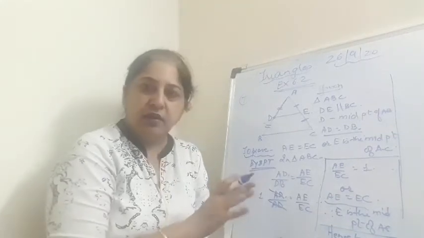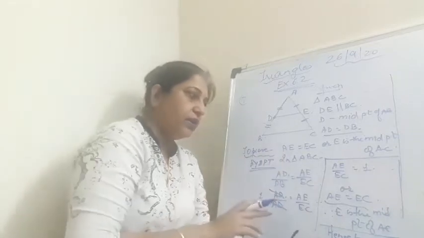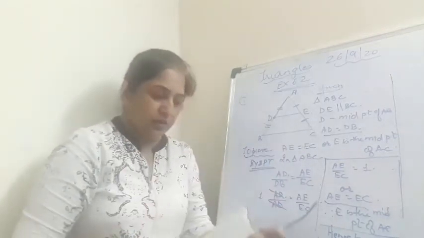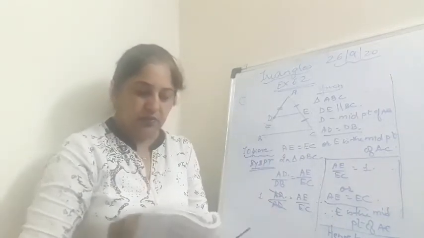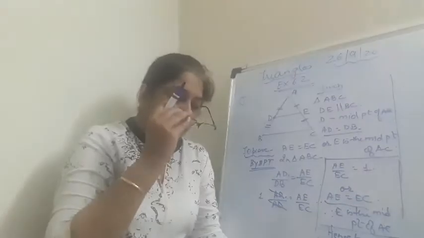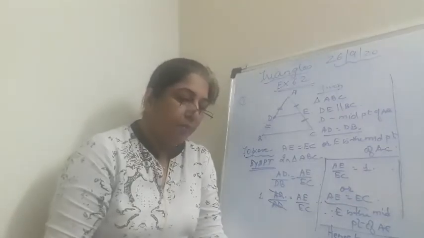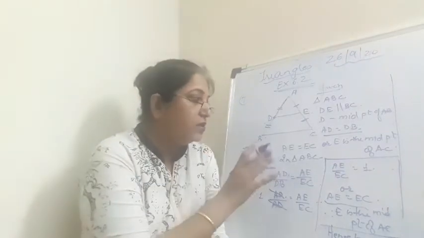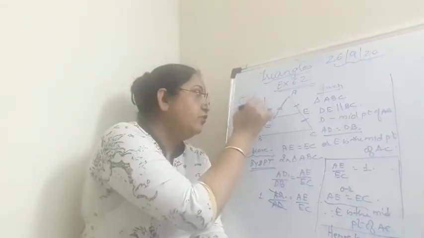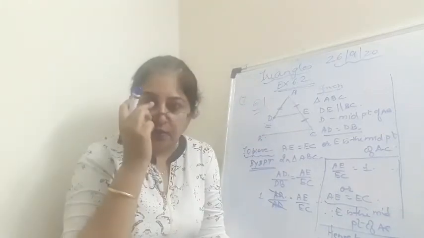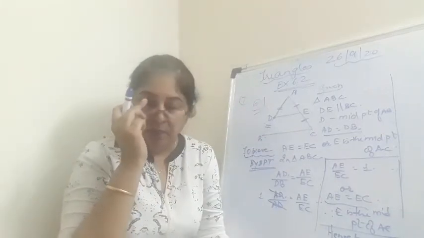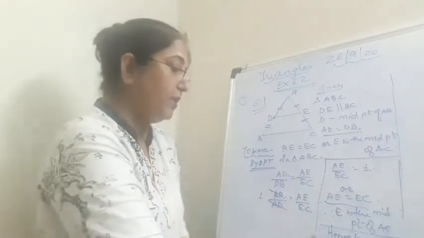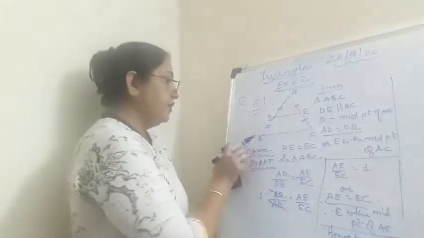Now, if you have any query or any question, you can ask me. I hope this is a simple question and we can solve it very simply. Coming to question number 8. Question 8 says: using theorem 6.2. Now the previous question was based on 6.1. And what is theorem 6.1? 6.1 is the basic proportionality theorem and 6.2 is the converse of the BPT, that is, the basic proportionality theorem.